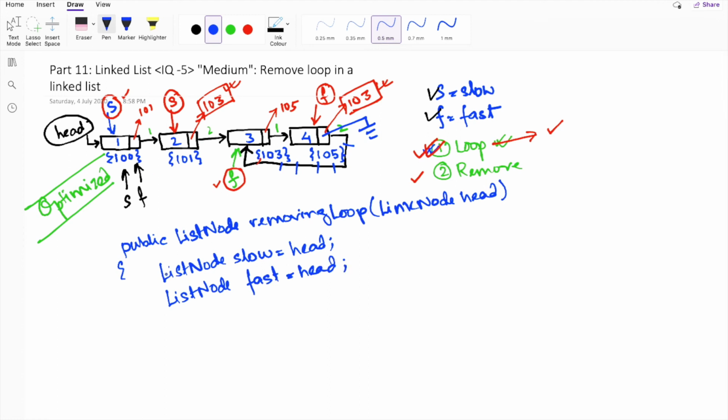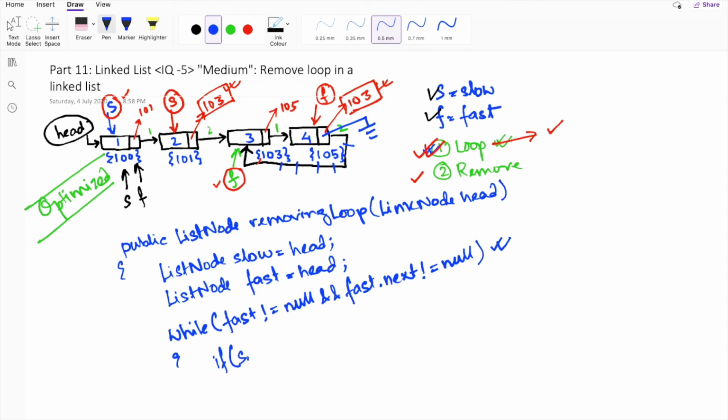So the next thing we need to do is iterate the slow and the fast pointer in the forward direction until we reach a null object. So let's write the while loop. The first thing we will check is whether the address of the slow pointer is equal to the fast pointer or not. If it is, we will break the while loop, detecting that yes, we have encountered a loop within the linked list.